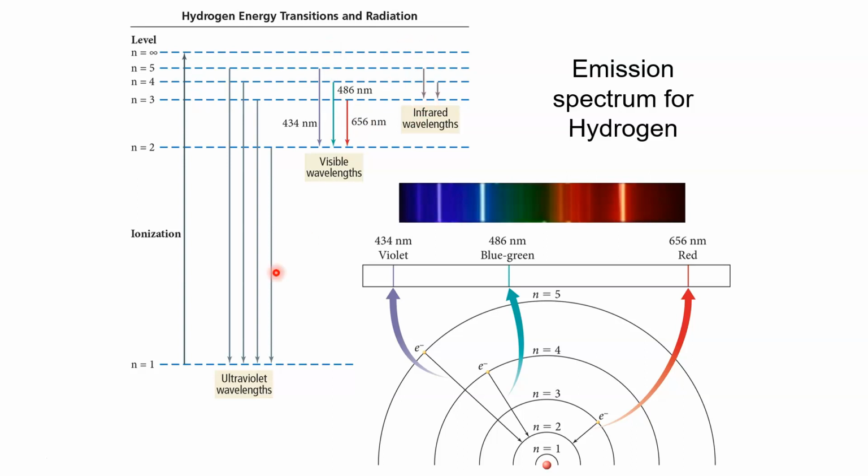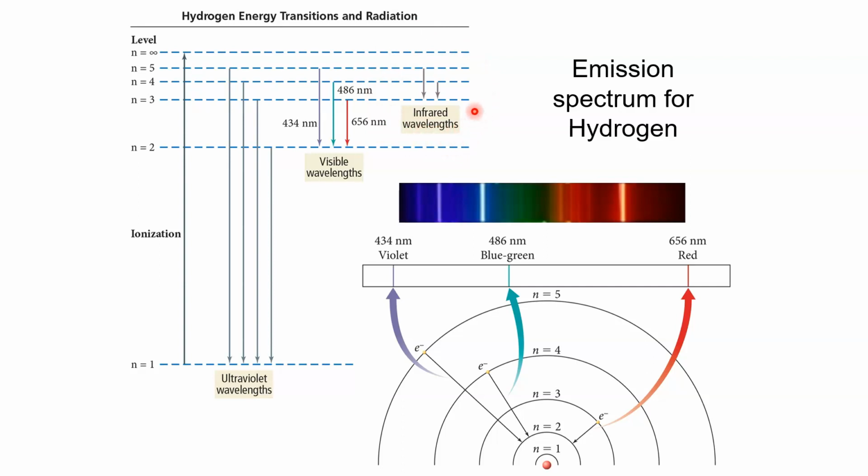So you'll notice that if you're at the n equals 1 level, those transitions have more energy than the transitions at the n equals 2 versus the n equals 3. Okay, so ultraviolet light has a shorter wavelength, a higher frequency, and higher energy, compared to IR light, which has a longer wavelength, a smaller